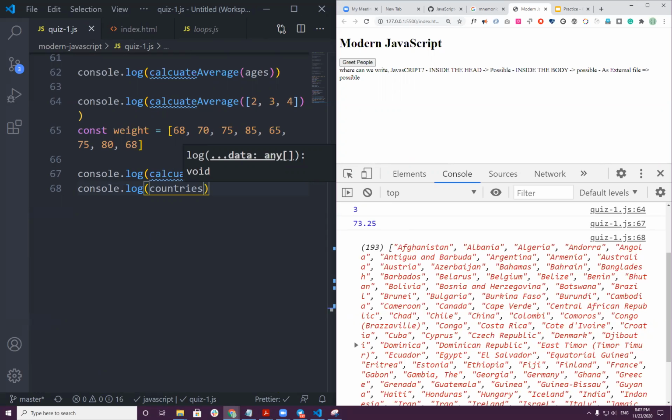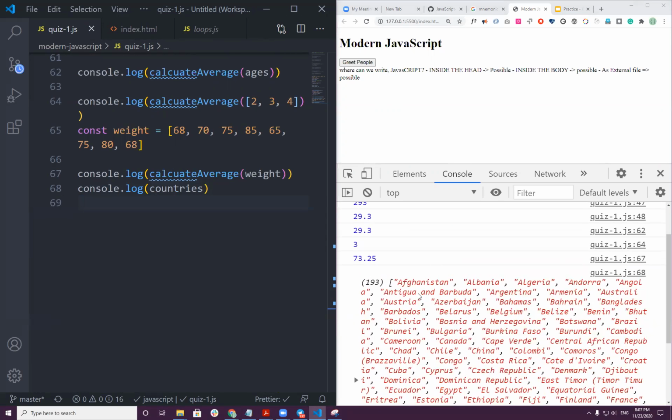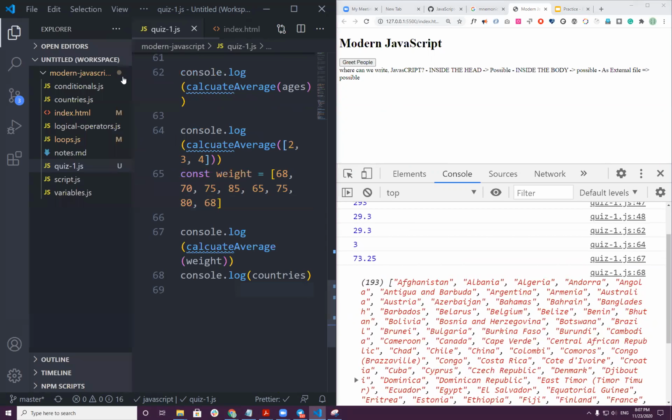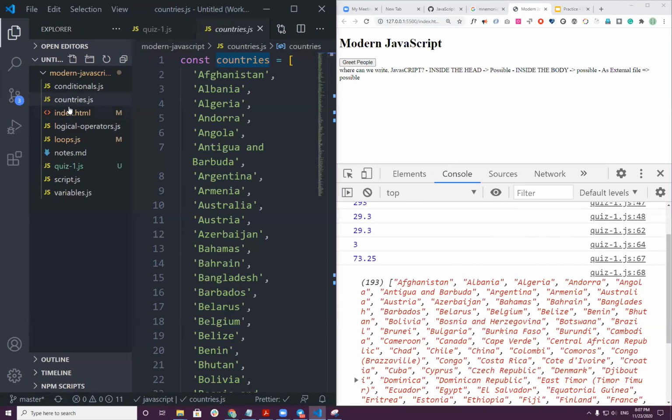I need interaction from the chat because that's the way I know if you are on track or if you are just getting lost. Did you get this step? This step is actually: first I put this, do you see, countries.js.